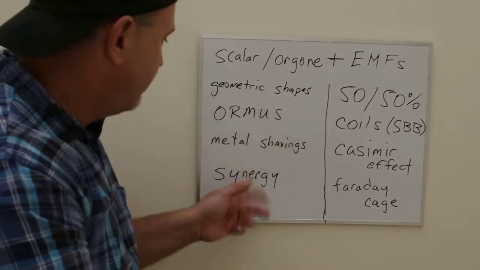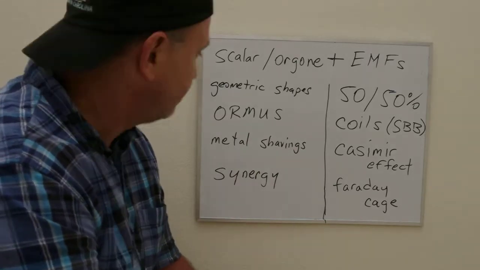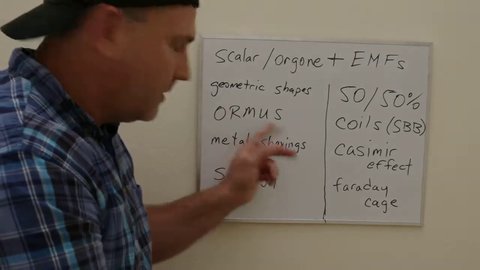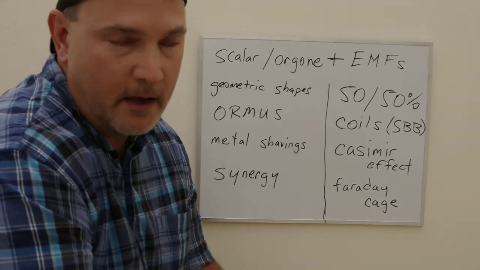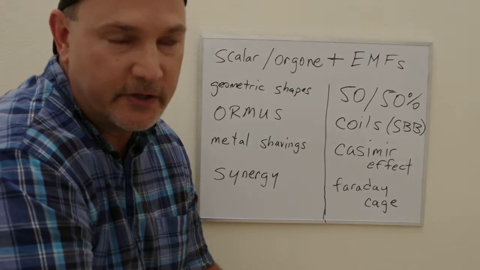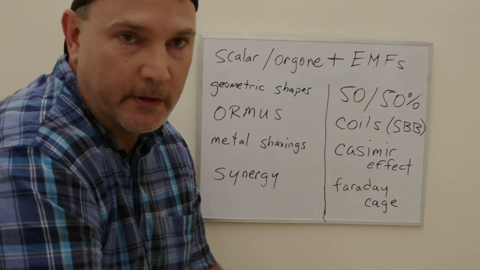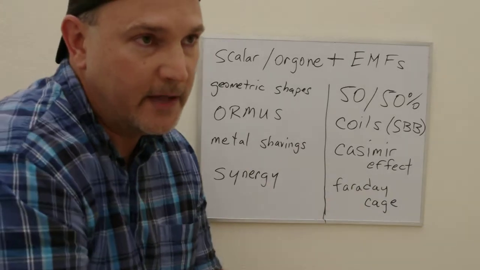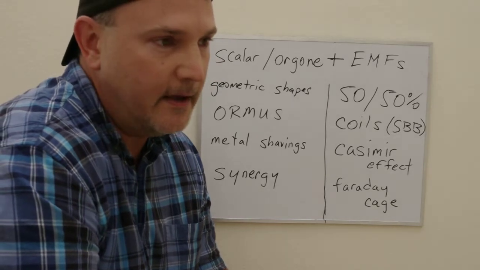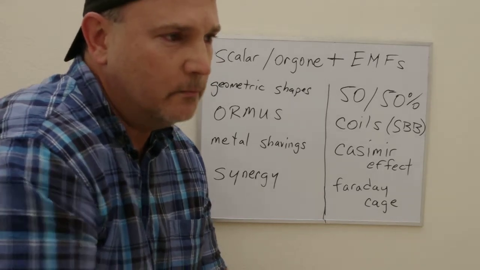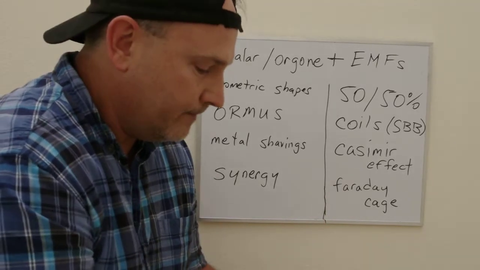ORMUS is an acronym, almost an acronym, for orbitally rearranged monoatomic elements. And gemstones, particularly igneous rocks and metamorphic rocks, I believe have a high concentration of ORMUS in them. And these are metals that are broken down to individual atomic state, individual atoms. And M state is another term for them, I believe. And they somehow resonate differently within quantum field physics.